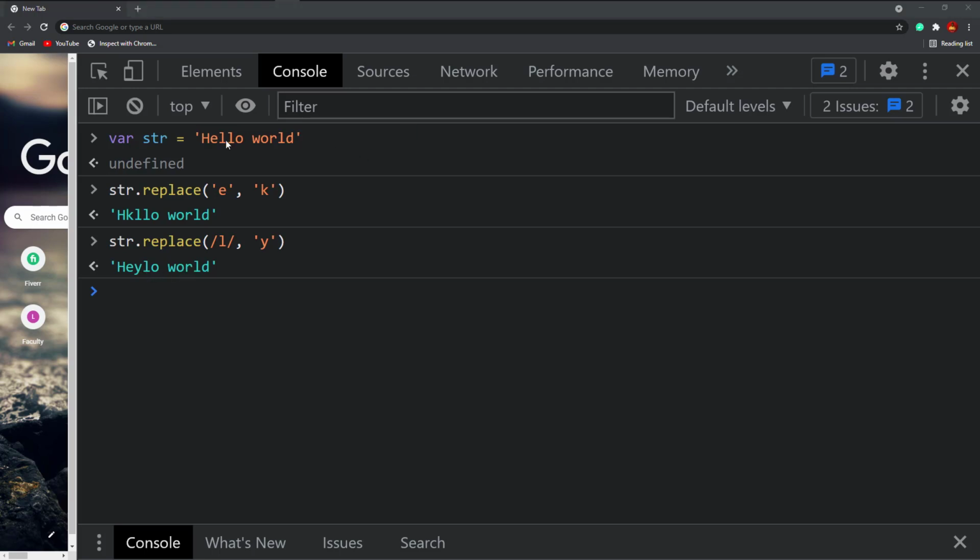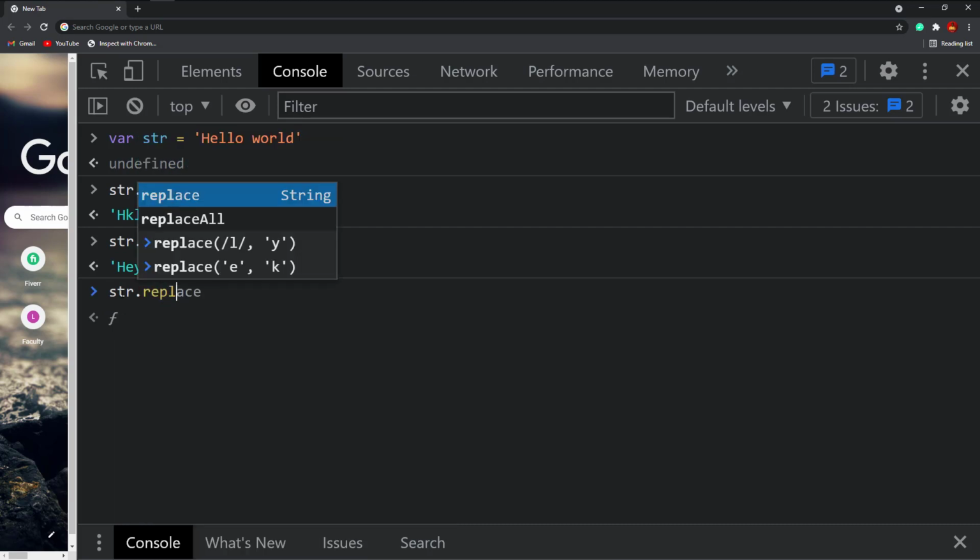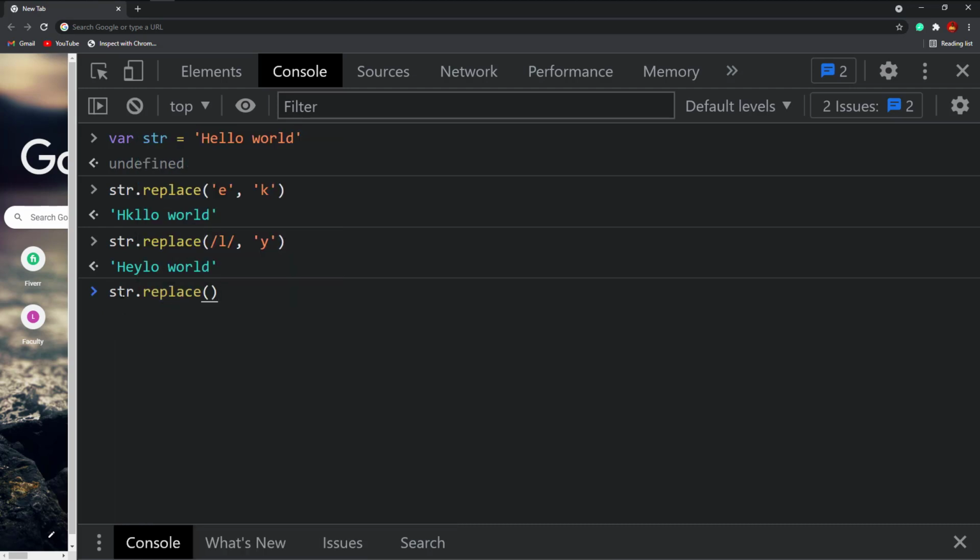So if you want to replace all the same character in a string, like this one, we have 3 L's. But this method replaces only the first L. So now if you want to replace all the same character, we are going to do something like this. Dot replace. In our first argument, we are going to use a regular expression like slash L slash, then we are going to add G. This G is going to replace all the L's that are available in our string,